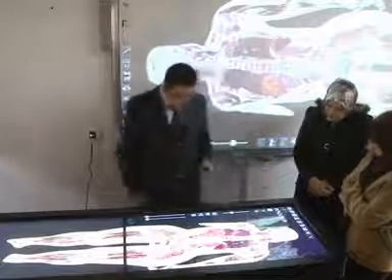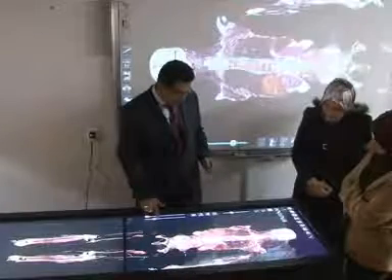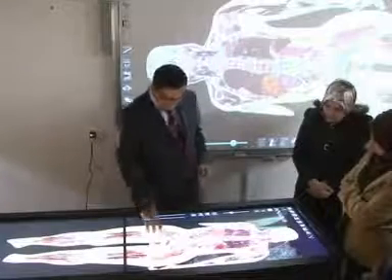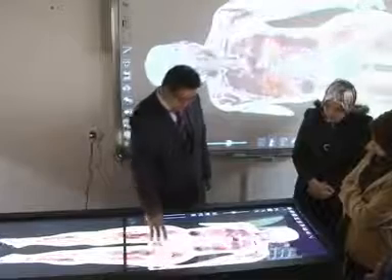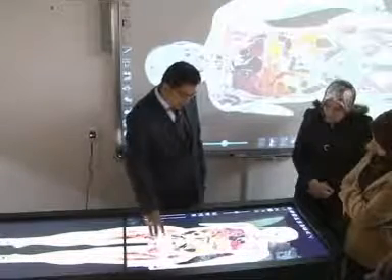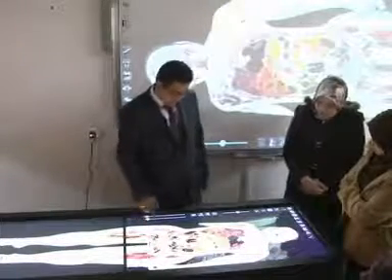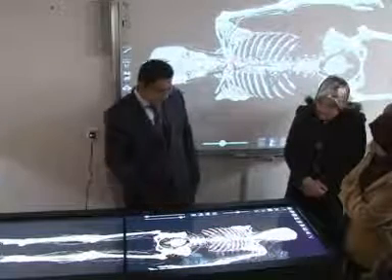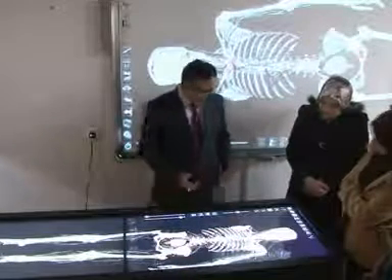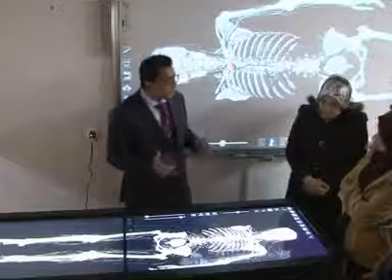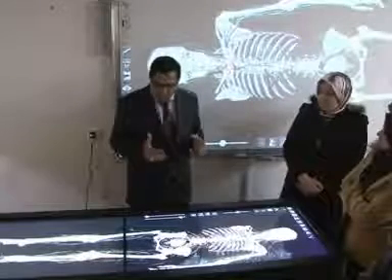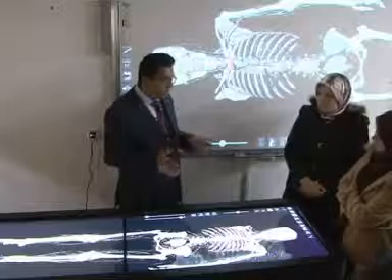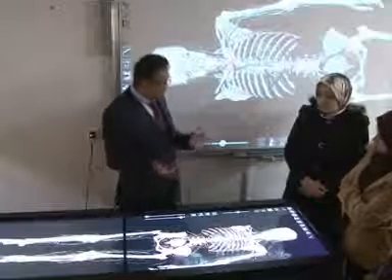The other tool is the measuring tool. Measuring tool is very useful in checking any abnormalities, anything related to his birth, or anything which is not normal with the patient. If you receive a scan